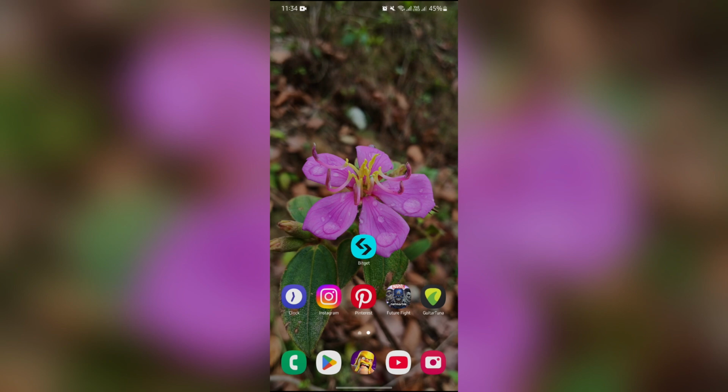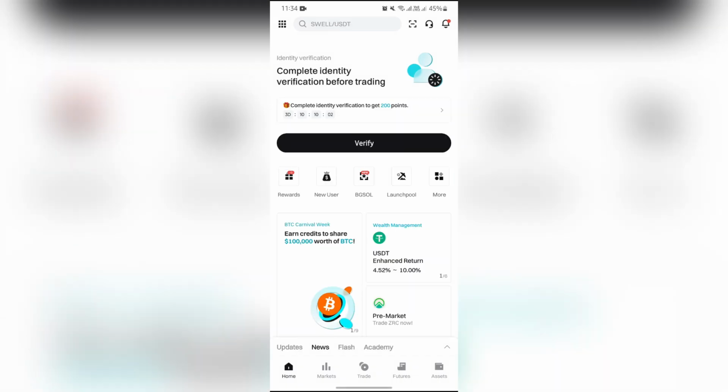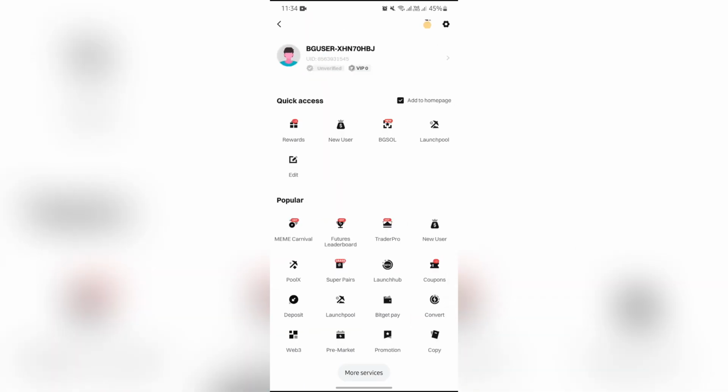Now in order to check for that, you just simply have to open your Bitget application, and after opening the Bitget application, you just simply have to tap on this dotted icon in the top left corner. Just simply tap there, and after tapping there you will get to see your profile at the top. Now you will get to see the UID directly, but if you want to see it on the full page,